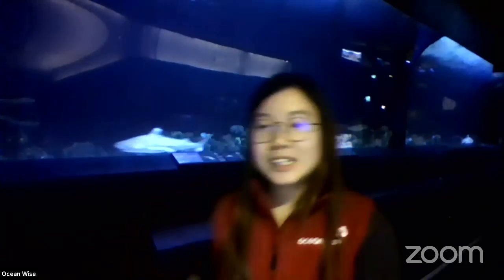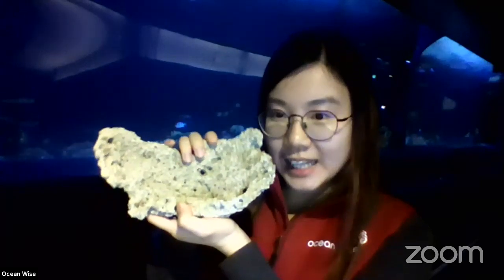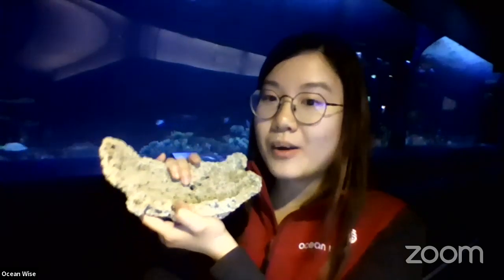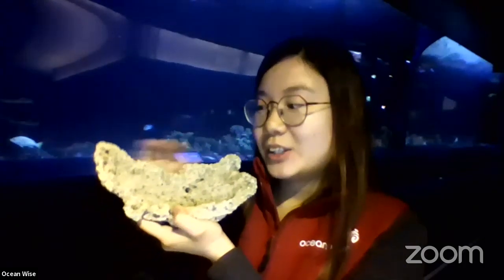And for those fishermen or the people in tropical areas, they rely on those coral skeletons a lot. What they do is they go on a beach and find skeletons like this, and they would pick them and get them back home and burn them in a furnace. After that, the corals will be broken down into a substance called lime, or we call it calcium